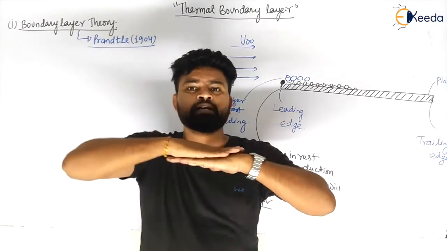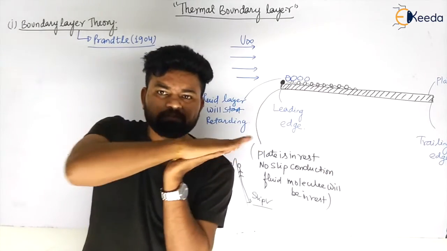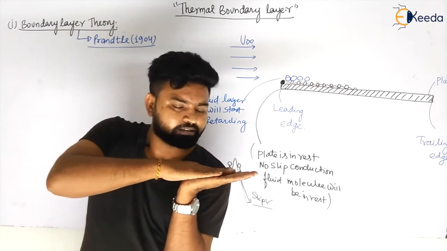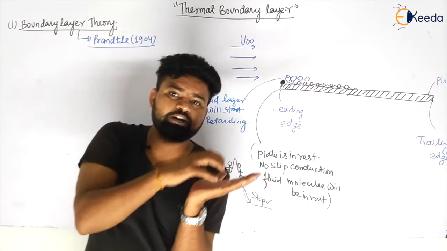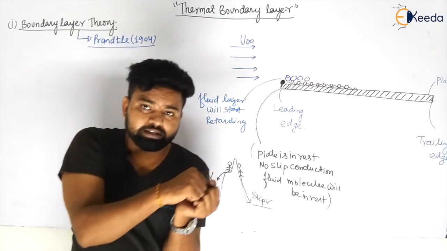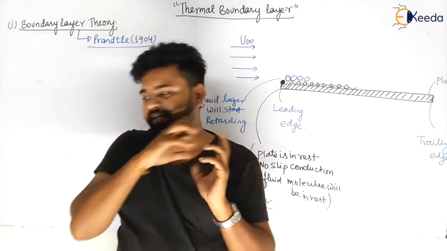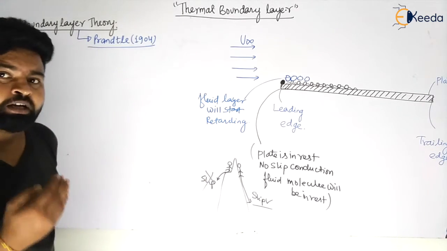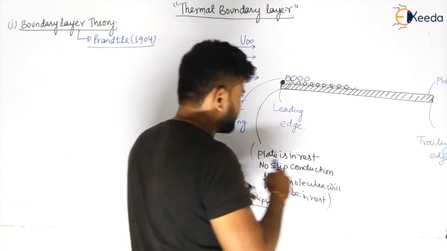Why? Due to shear stress, because the fluid has some viscosity, and due to viscosity, friction will be there. Due to this, the lower layer will try to maintain the upper layer in its own velocity or at rest. That's why the fluid will retard. And my dear students, as the fluid starts retarding, what will happen? The velocity will decrease slowly.